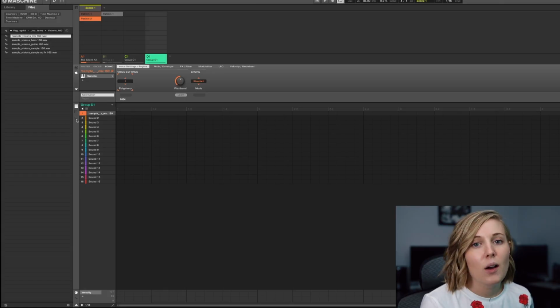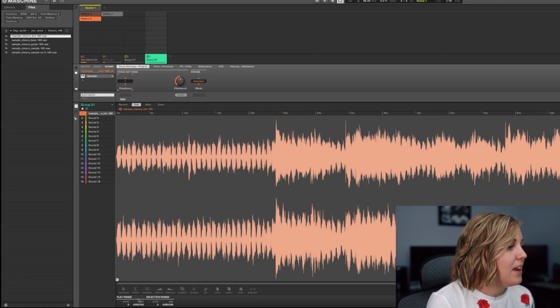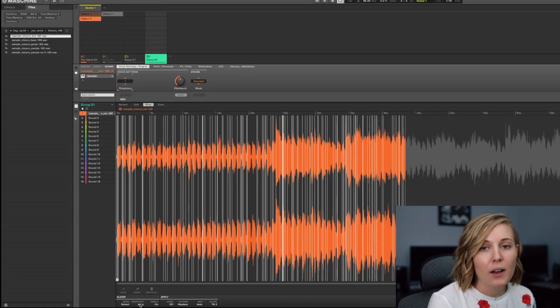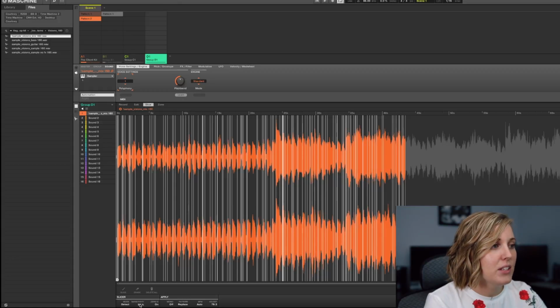That is one way to sample in Maschine, but here is another way that is a little bit easier and a little bit less time consuming. You're just going to go back to that waveform sample and then hit the slice mode and change this from manual to detect. And then what you're going to do is just bring down the sensitivity so that you don't have as many chops